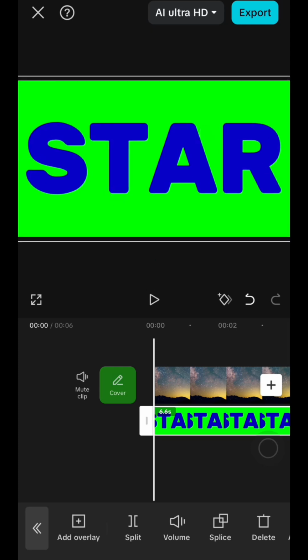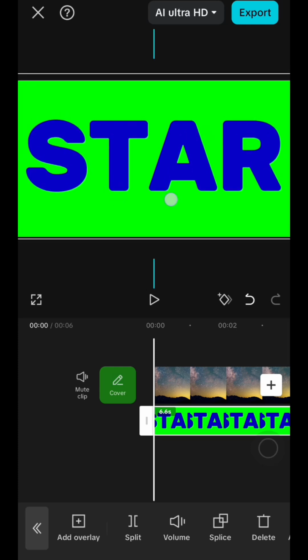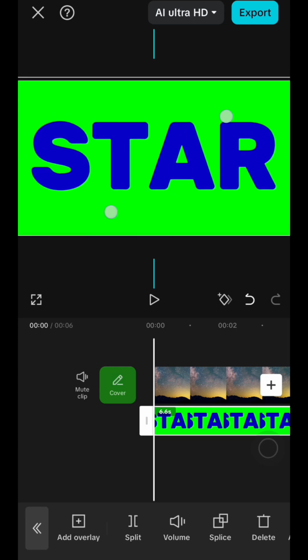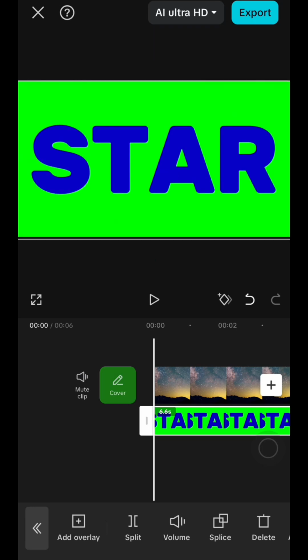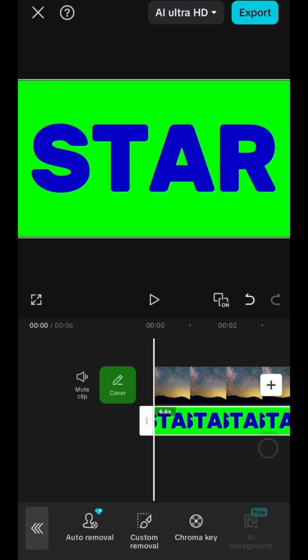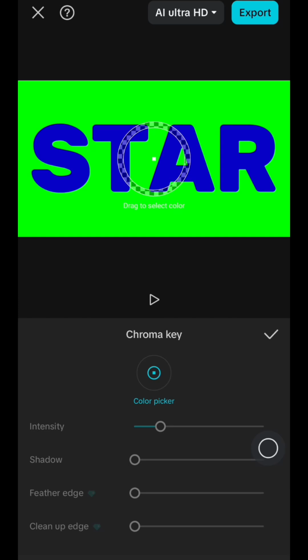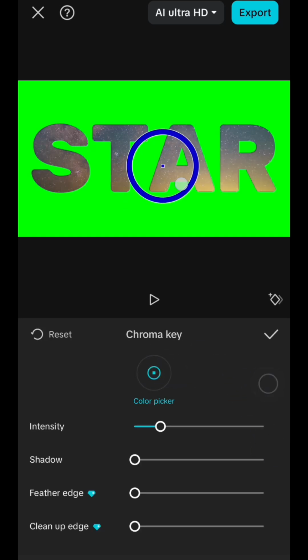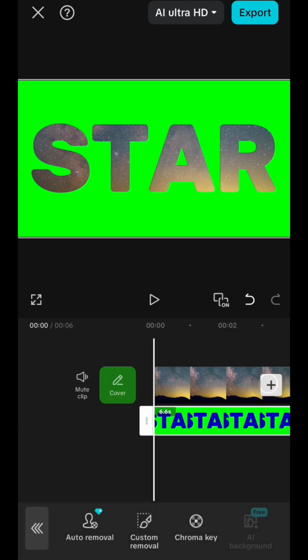Adjust the size. Like this. And with the overlay selected, go to remove background, this one, and then choose chroma key and choose color picker, like this, and then adjust the intensity. Then just export again